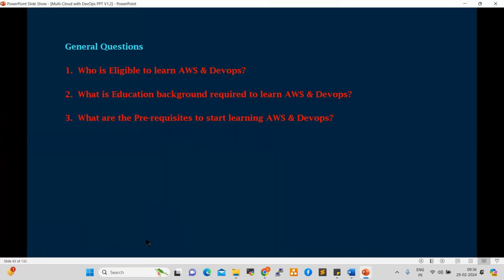Our course starts from a very basic level. Once we complete these introductions, we'll start the basics. We'll work on basics for 2 days. Once that is complete, we'll slowly start AWS. In our course, first the basics will be covered, after that AWS will be started. After a few sessions of AWS, Linux will be covered. After that, DevOps will be started. After that, Azure. After that, Google Cloud. This is the sequence.